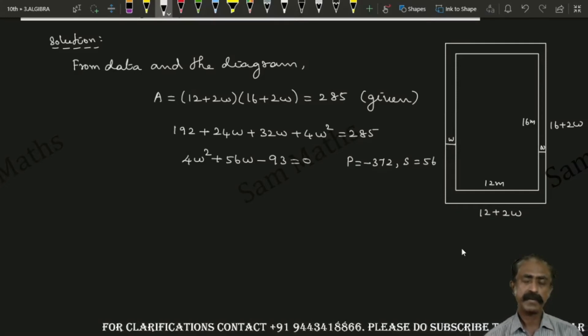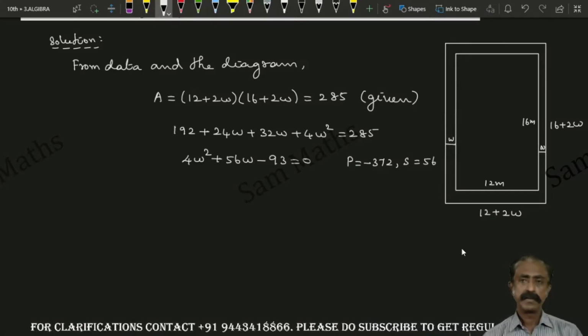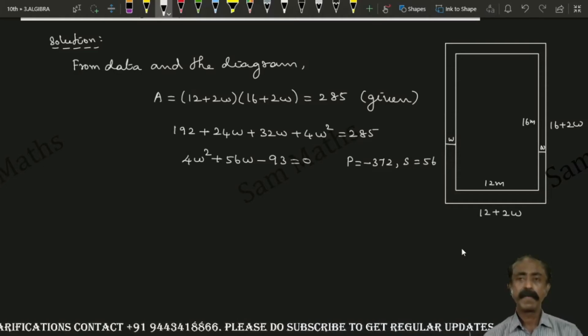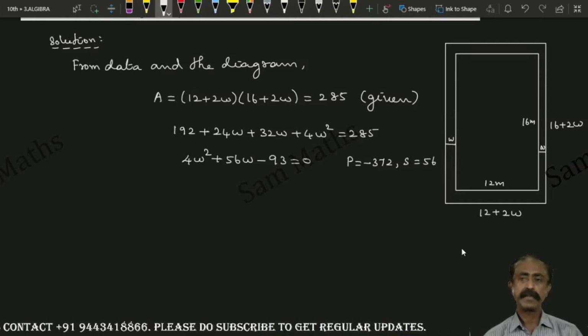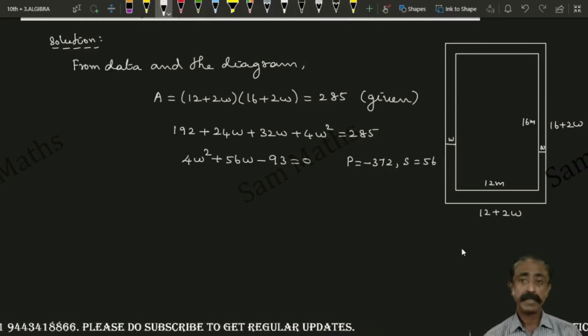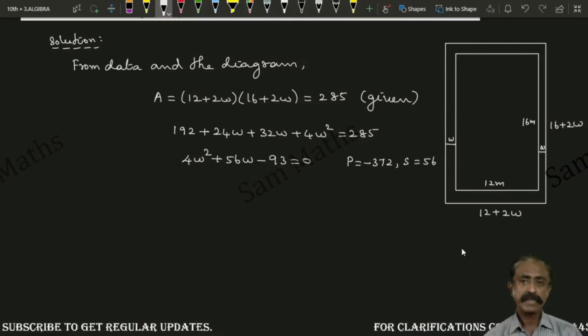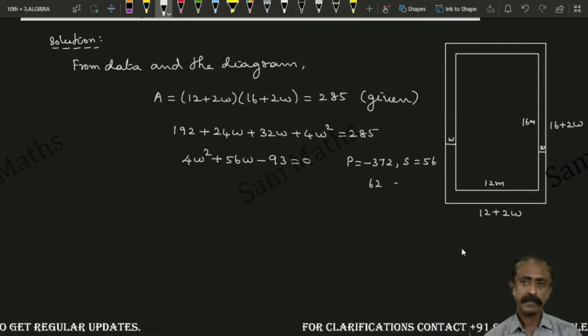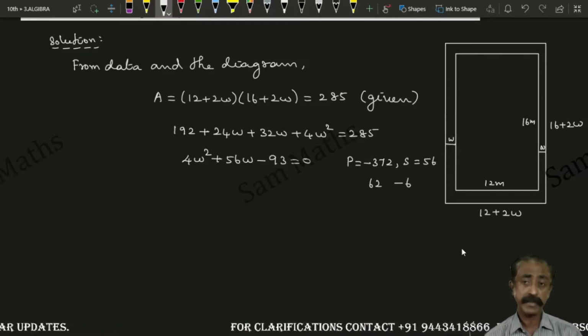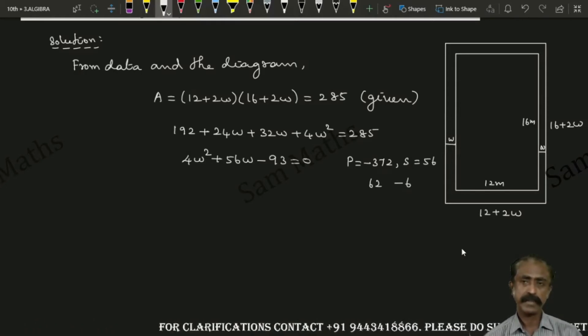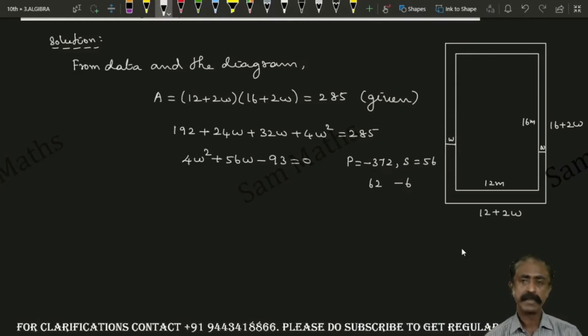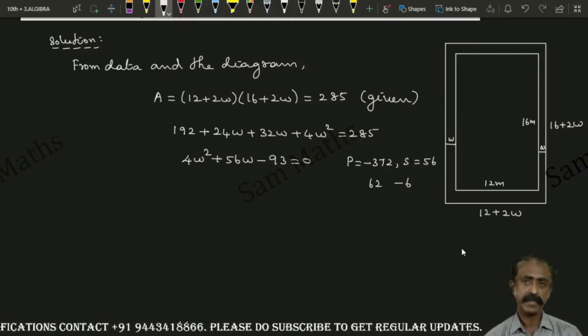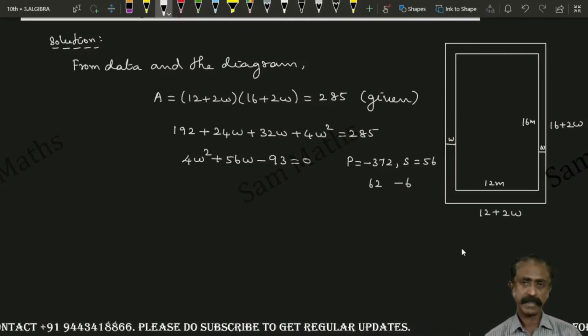Now we have to collect the numbers. Suitable numbers we have to find. Here 60 into 4 means it's only 240. So we have to go for higher. So I am taking 62 and minus 6. Since while adding these two we should get 56. Clear, children? You add these two, we are getting 2 6 are 12. Okay, children, 1 balance, 6 6 are 36 plus 1 is 37. So we are getting 372 while taking product with 62 and 6.